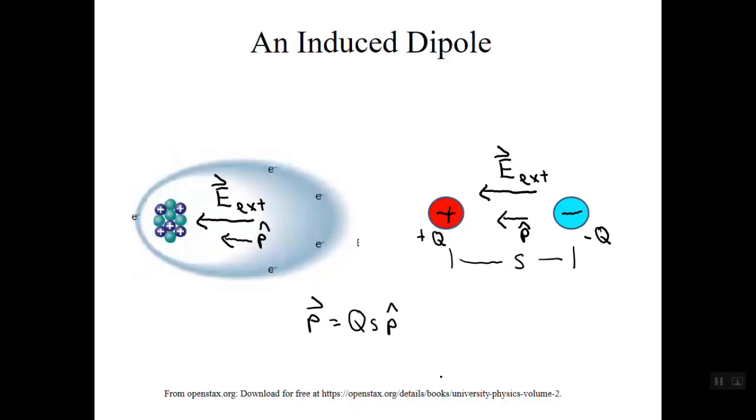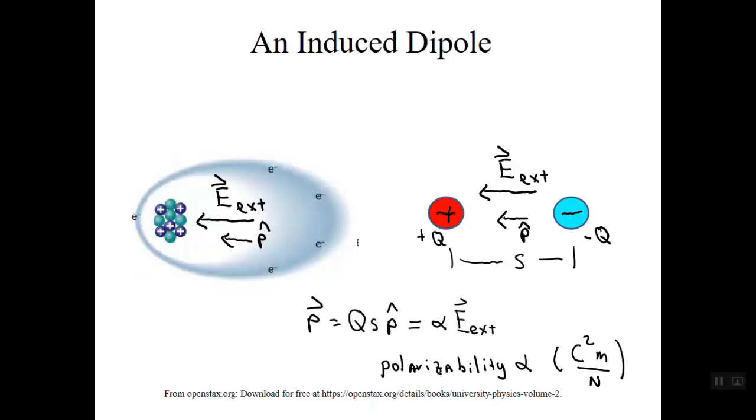However, there is a big difference here. The electric dipole moment of an induced dipole is not a fixed quantity like a permanent dipole. The dipole moment of an induced dipole depends on the external electric field at the location of the induced dipole. The simplest way to write this is as a constant alpha times the external electric field, where alpha is a material property called the polarizability, with the units in the SI system of coulombs squared meters per Newton,